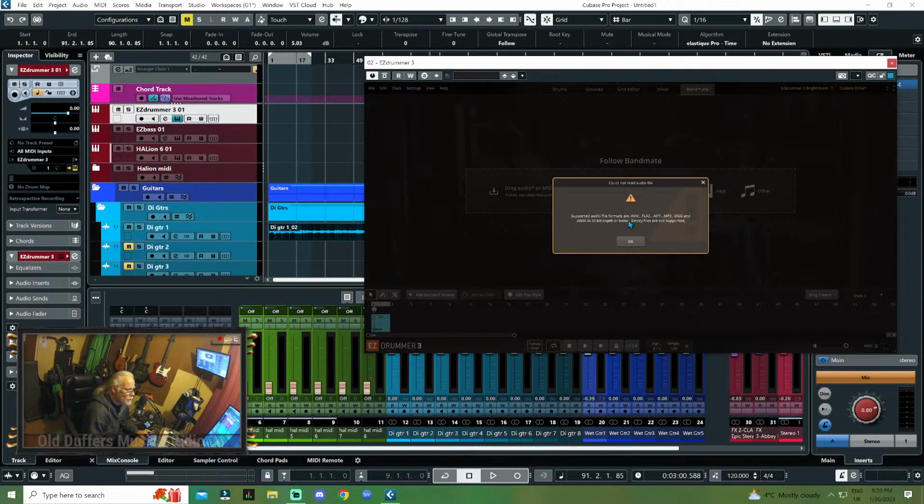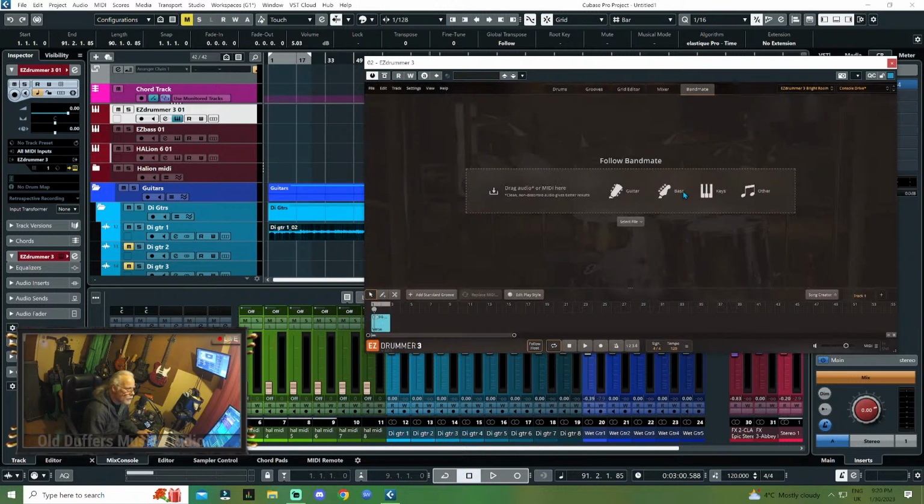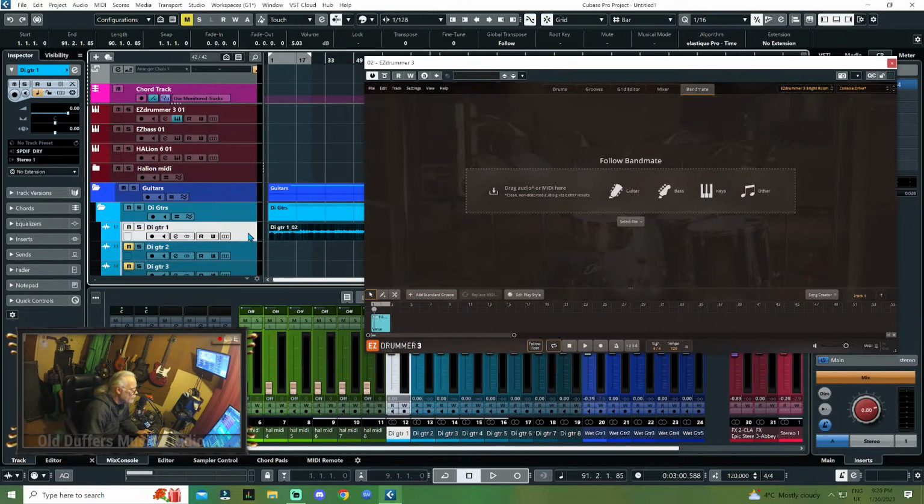So it says it's not supported. It says wave in 32-bit or below. Empty files not supported. I'm recording in 64 bits, so that's probably why that isn't working. The workaround I found for it